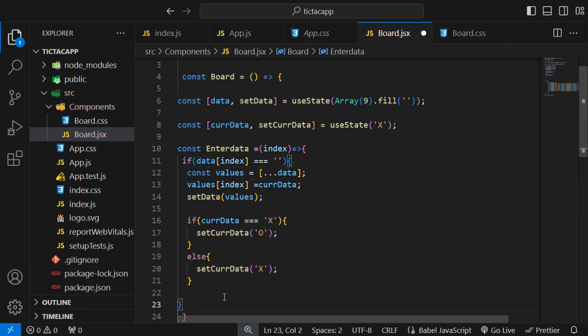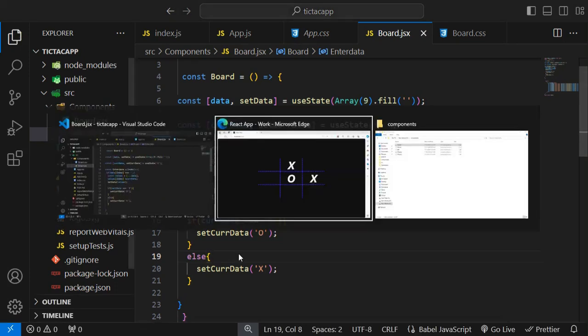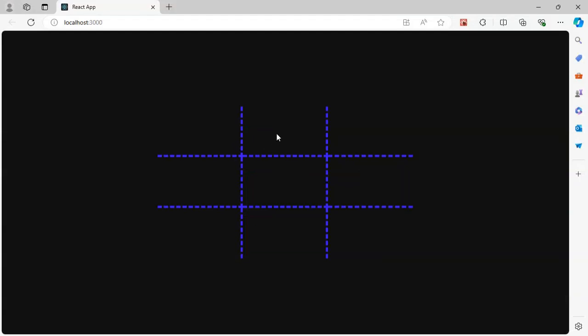Just press Ctrl V, and here I have written that if the array's index which is pressed at the same time is empty, then we should do all that code. Otherwise we don't need to type any code here. Just press Ctrl S and move to our output, and here you can see whenever we type X here and O here, again when we click on that div, nothing happens because we have made a validation with an if condition. So what we have to do now,